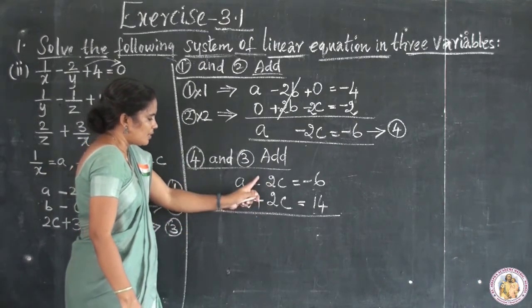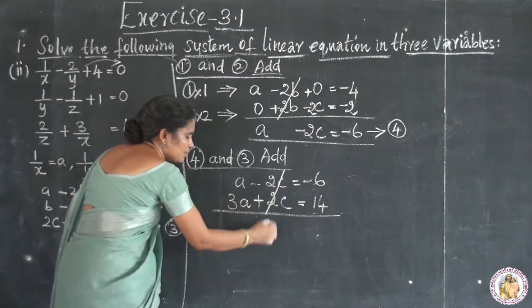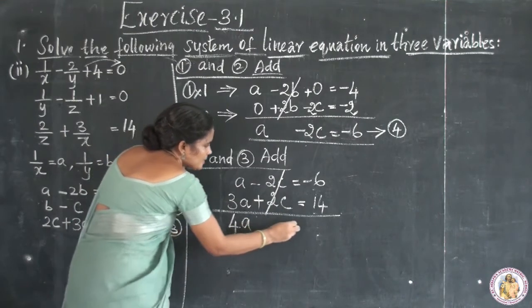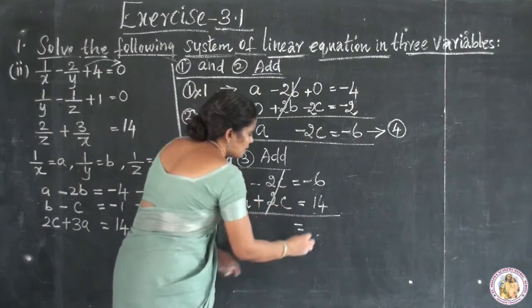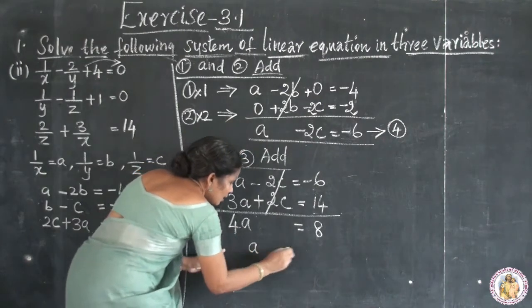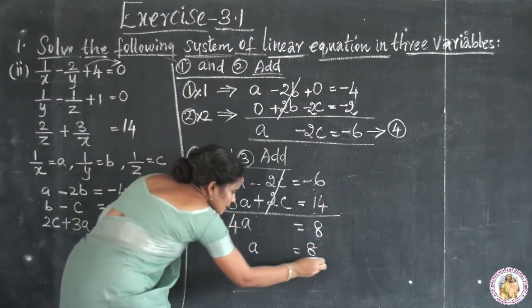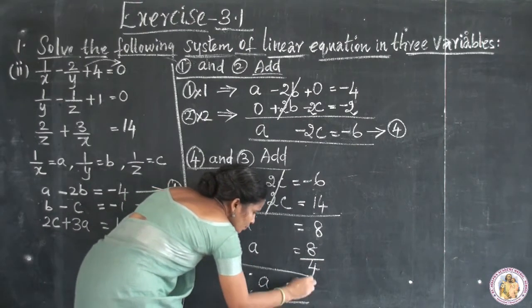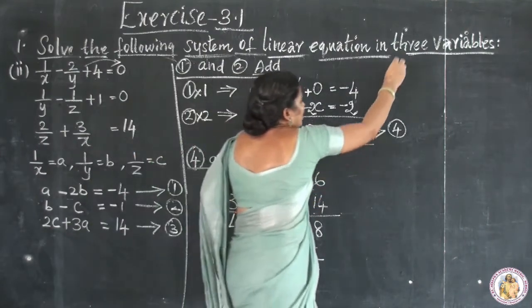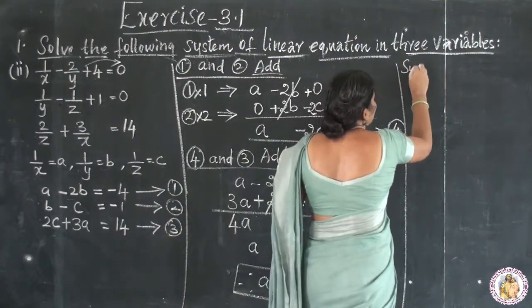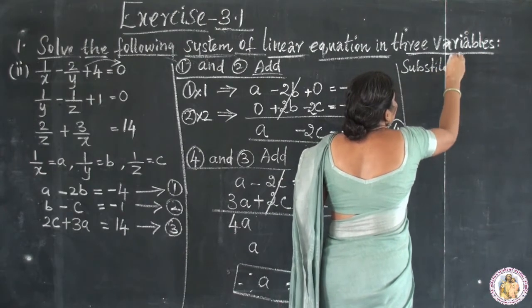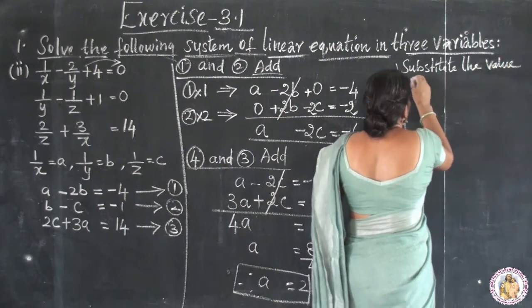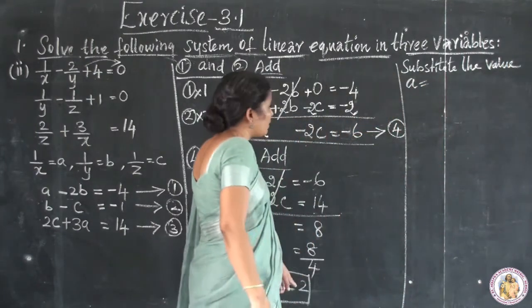Now we have different signs, so plus 2c and minus 2c cancel. 3a and 1a, that is 4a is equal to 8, so a is equal to 2. Substitute the value of a is equal to 2